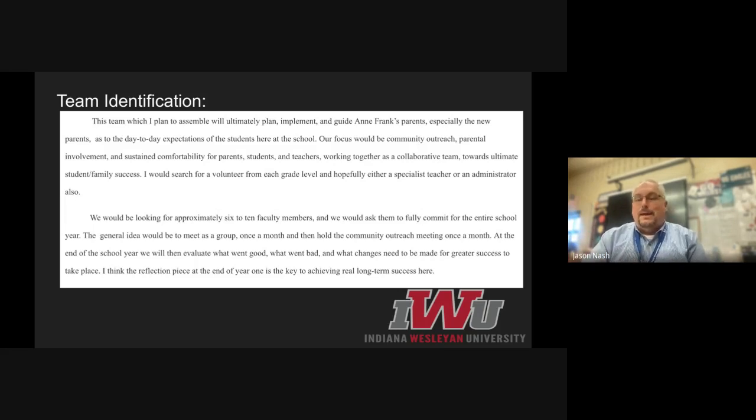All right, so my identification will be sending out a Google form to the group. The group would respond. I'm looking for a volunteer, hopefully from each grade. We have K through 5. I'd like a volunteer from K through 5, which would put us at about 6 or 7 people. I certainly would like a specialist teacher to hop in, or an ELL teacher as well. They have a wealth of expertise, a wealth of knowledge.